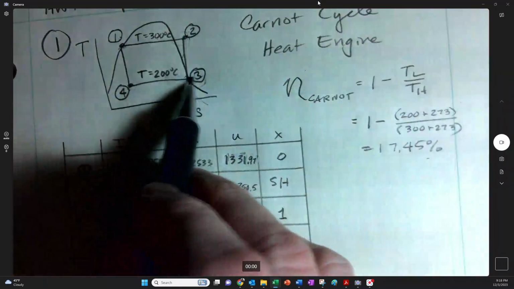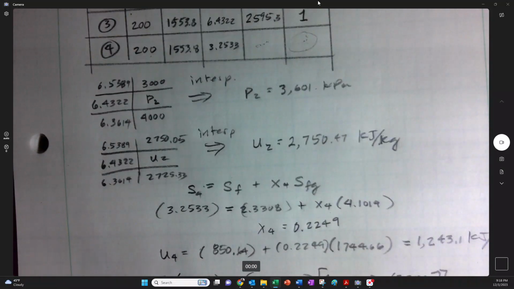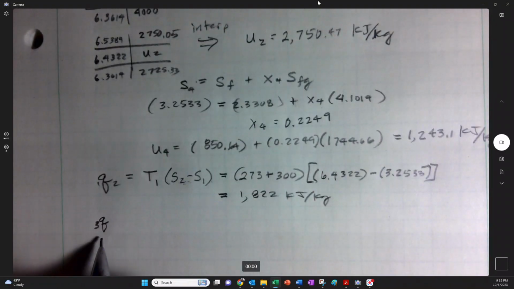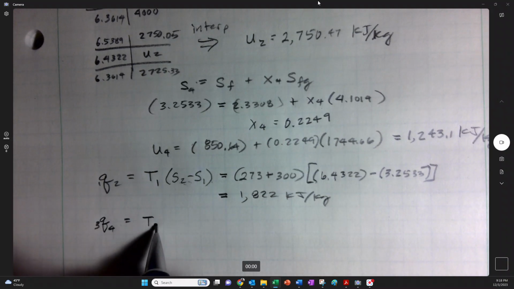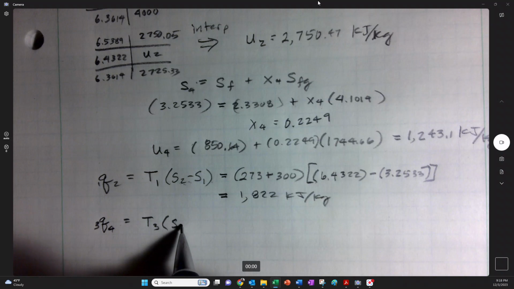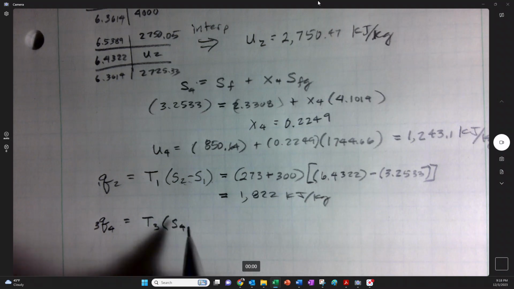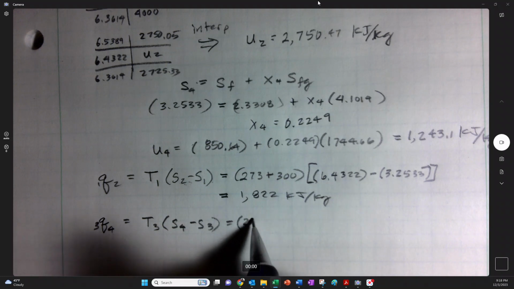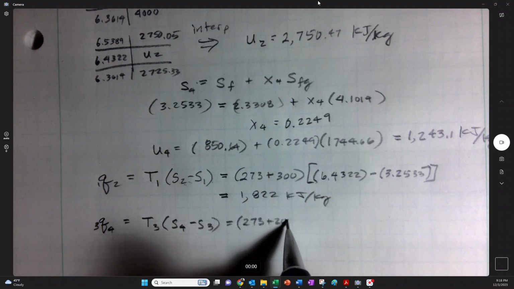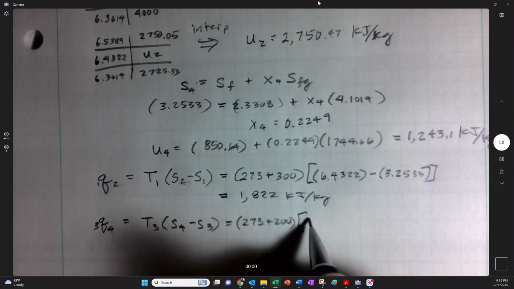And the other place that we can get the heat, Q, is going to be from 3 to 4. So 3 to 4, and let's call it just temperature 3, because the direction we're going though is S4 minus S3. So 273 plus 200, and then we're going to go